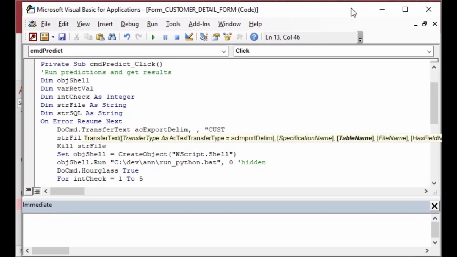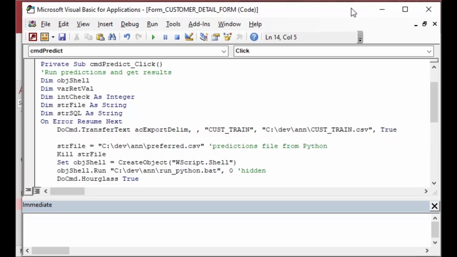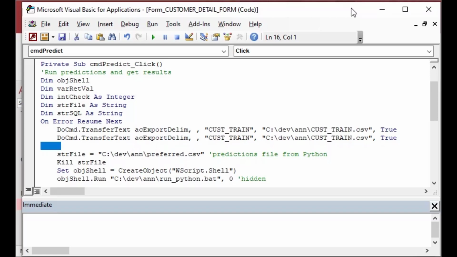In this case, it was a query that had our training data set. So we queried, and we had a certain amount or number of the records or type of record from that one table that we put into a query. Customer train, and we're going to output that query into our target directory, and we'll put a true on the end there to put the column headers in, the field names,